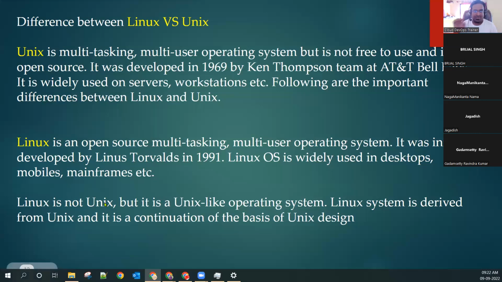Never say that Linux is Unix. We can say it's a Unix-like operating system. Linux and Unix are not exactly the same, but very similar. There is not much difference. Red Hat is a licensing product, so I will not teach anything on Red Hat, because we need to purchase the license. If you want, I can create a machine and show you, but all the commands are very similar, so we don't have to worry.